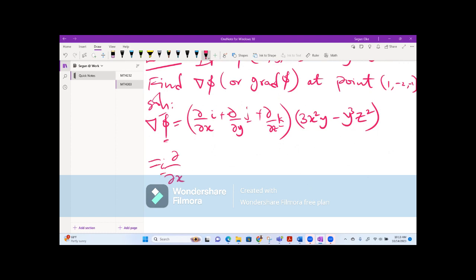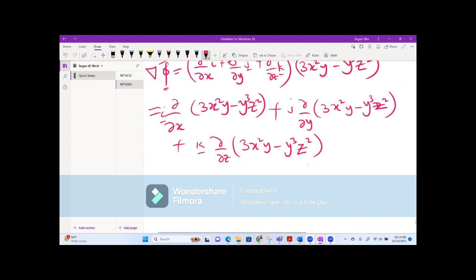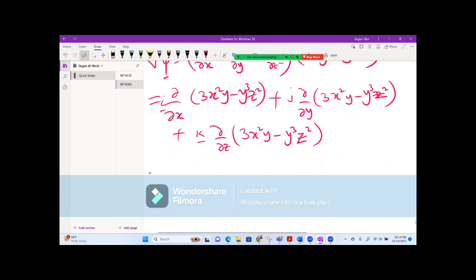Don't forget it is i, d dx of 3x squared y minus y cubed z squared, plus j, d dy of 3x squared y minus y cubed z squared, plus k, d dz of 3x squared y minus y cubed z squared. So which is the same thing as